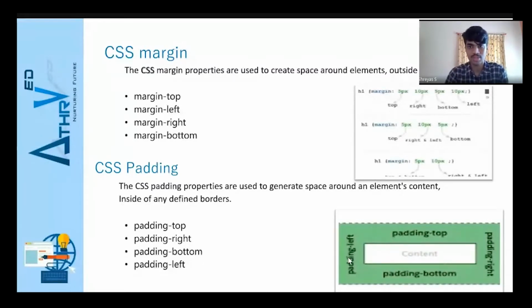The same goes for the three-way. So the first one is four-way. In the image, you can see the first one is a four-way, and the second one is a three-way. That first refers to top, second refers to right and left, and third refers to bottom. And the fourth one is just the two-way. That refers to if you need the same length for top and bottom, that is 5, and for left and right, that is 10.